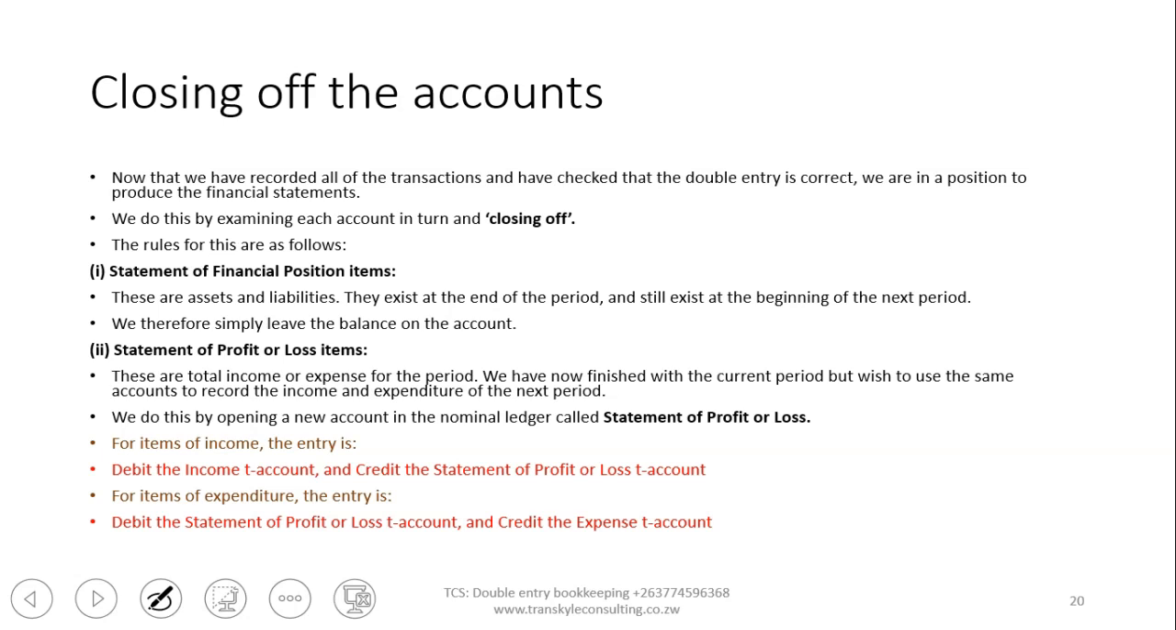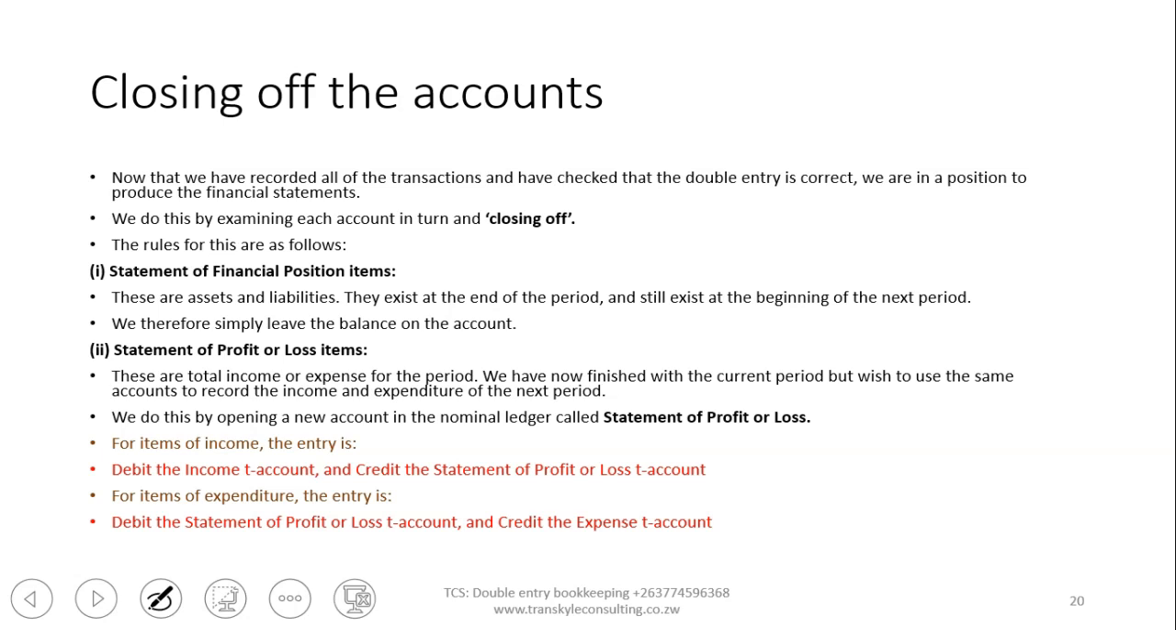Then, statement of profit or loss items. These are total income or expense for the period. We have now finished with the current period, but we wish to use the same accounts to record the income and expenditure for the next period. We do this by opening a new account in the nominal ledger called statement of profit or loss. For items of income, the entry is debit the income T account and credit the statement of profit or loss account. For items of expenditure, the entry is debit the statement of profit or loss account and credit the expense